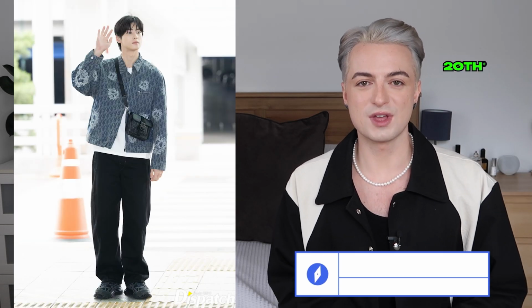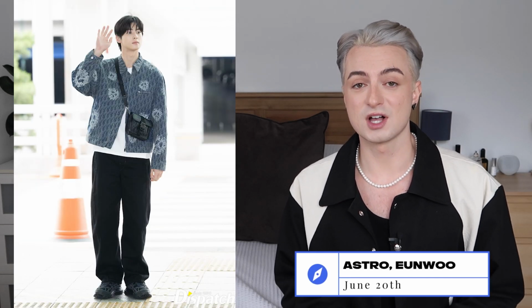Unu traveled on June 30th, and I think this is another great example of the balance between style and comfort. If you saw someone walking down the street in this outfit, you'd be like, he's stylish. But going to the airport, the oversized cuts, the loose fit of the trousers, it's going to be comfortable to wear on the plane. I absolutely love this Dior denim jacket. You can see that Dior monogram, and then how they've...